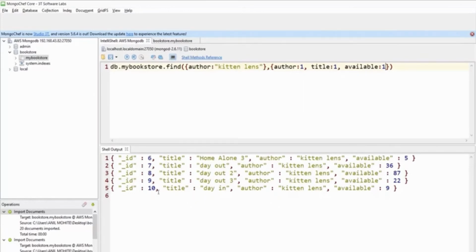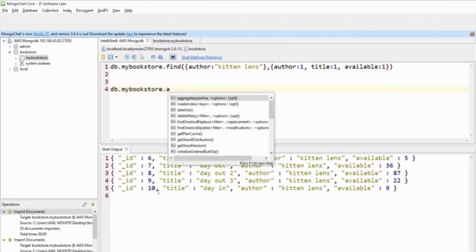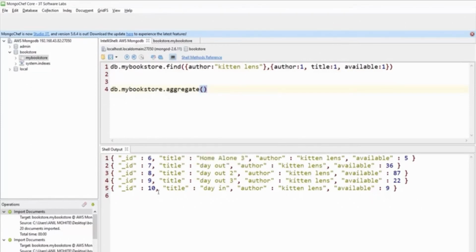What if I want to find this out for all authors in my collection in one go, in just one query? So I'll say db.mybookstore.aggregate, in which I'll start the first pipeline, and the first operator would be $group.